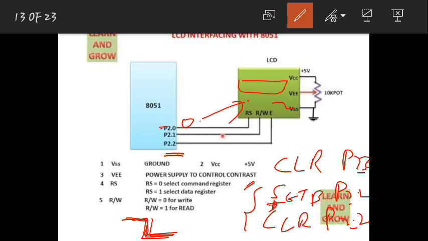I don't want to identify this on and off transition. So even if you give a delay between the set and clear of P2.2, or even if you don't give any delay, that doesn't matter, because internally it will anyway first go high and then go low. Is that fine? If you give a delay, it will be high for some time, then after a certain delay it will go low. That is the difference. If you don't give any delay, in some fraction of a second it will be high and then low. That is the only difference.